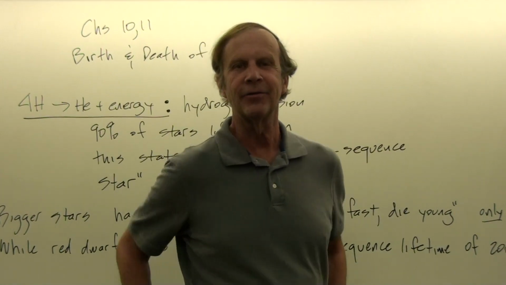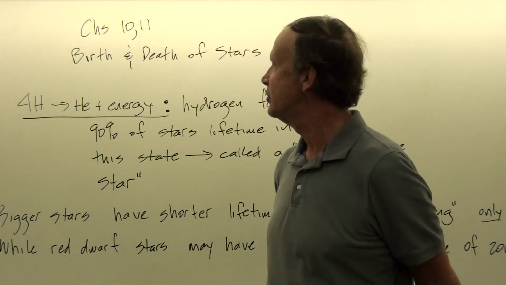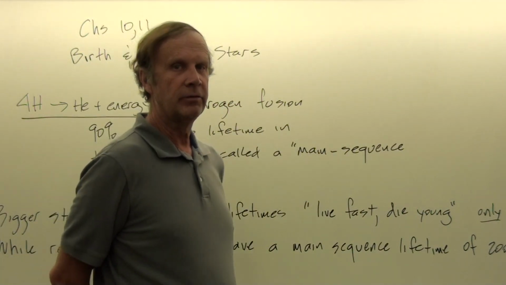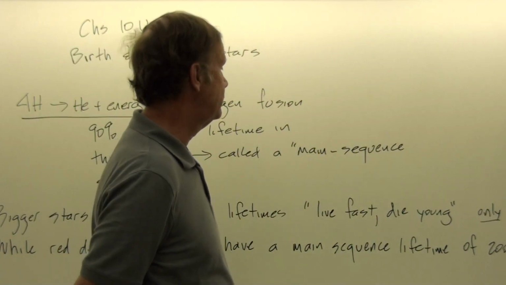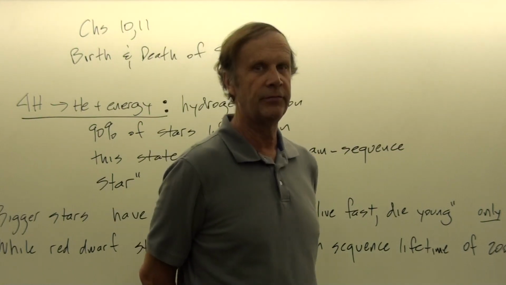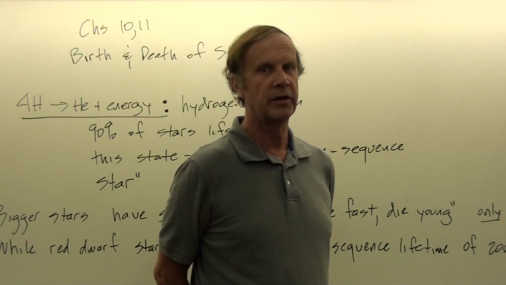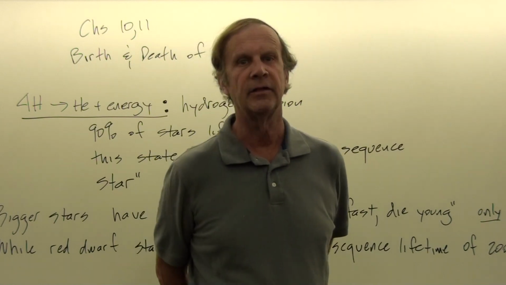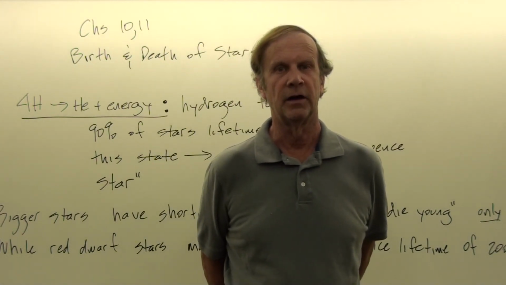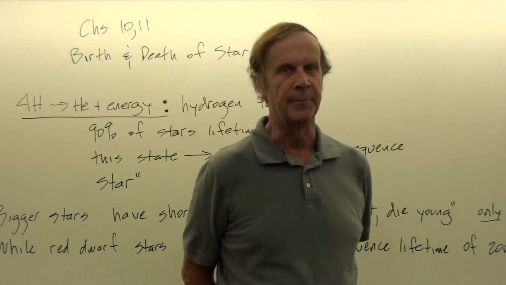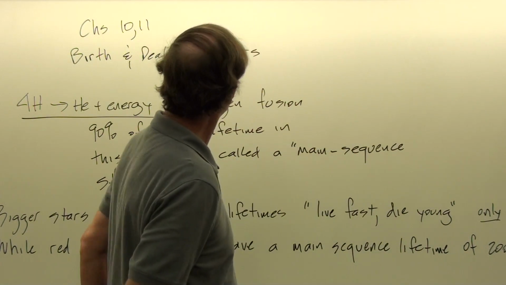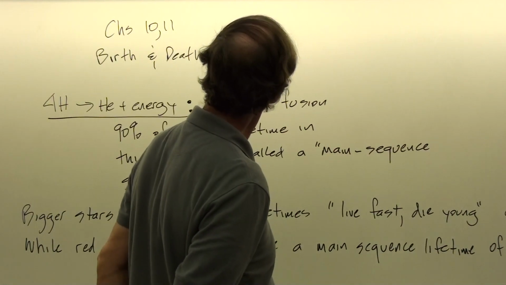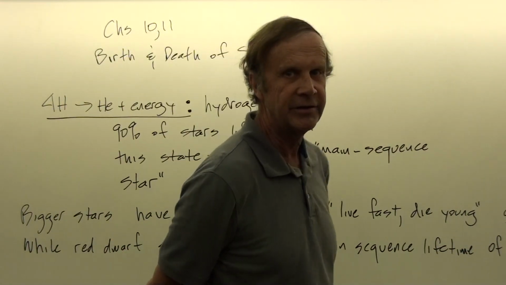All right, what I want to do today is look more at the birth and death of stars, and would like to get all the way through to the formation of the white dwarf, neutron star, and black hole as the end state in the evolution of a star's lifespan. And so this is most closely associated then with the subject matter from chapters 10 and 11 in your textbook,